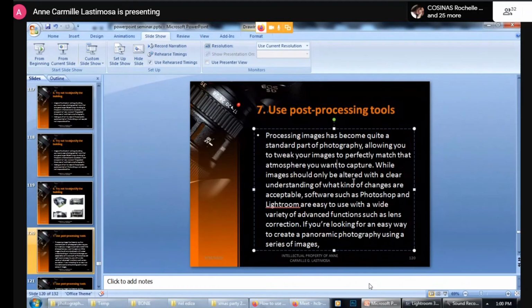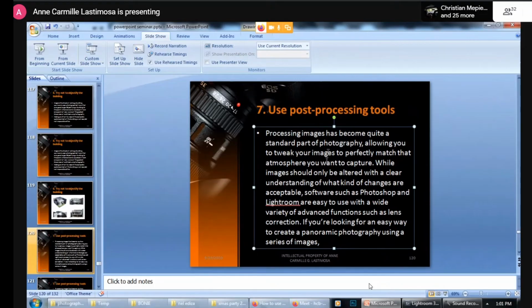What you're just trying to do is simply highlight the details and the shadows, or increase the contrast and saturation to make your photos more realistic. And as I said, a better portrayal of the original scene or of the photograph, or accentuating the beauty of the scene. Okay, so you make use of Lightroom